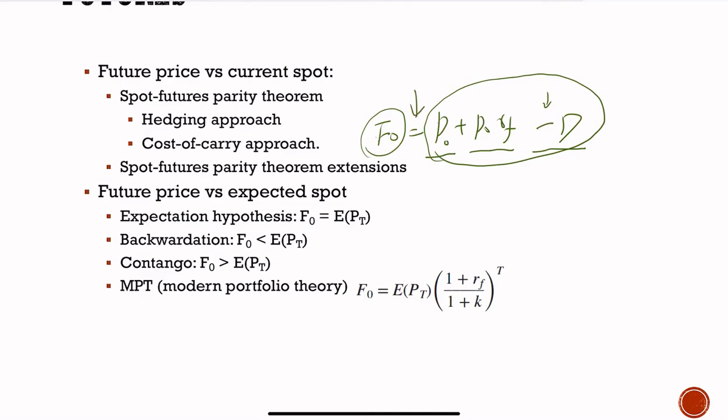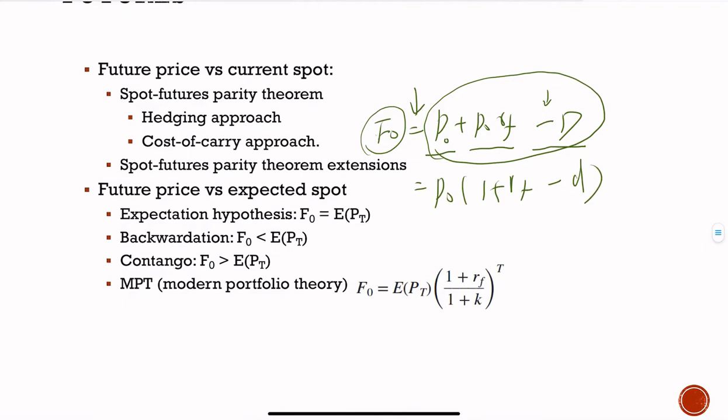The first extension is about extending this model into multiple periods, right? So if we further write this as P0 times 1 plus RF minus D, then this is just a 1 period model. For a 2 period model, we just use this squared here. Of course, you can extend this model into 3 periods or 4 periods. And then we